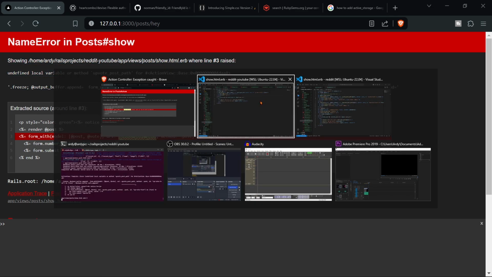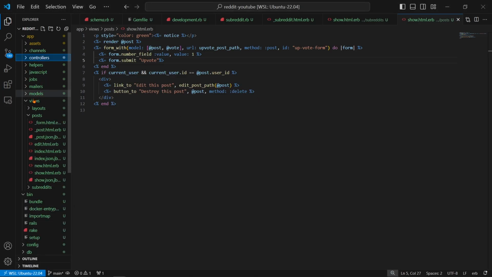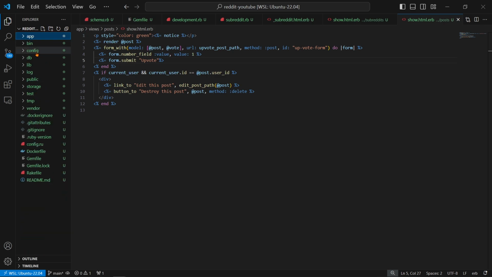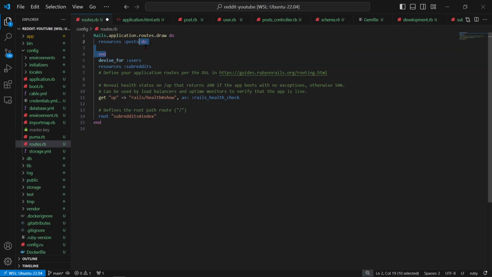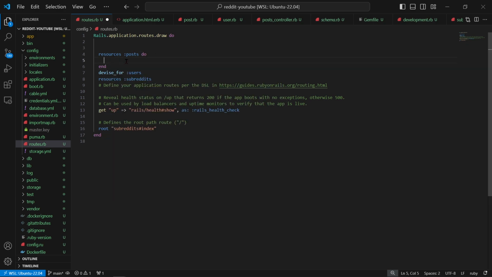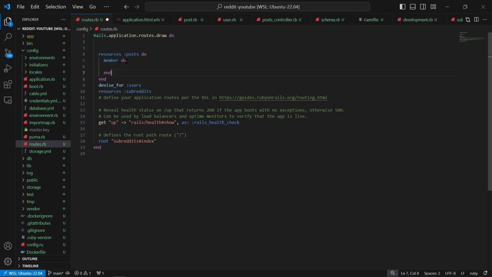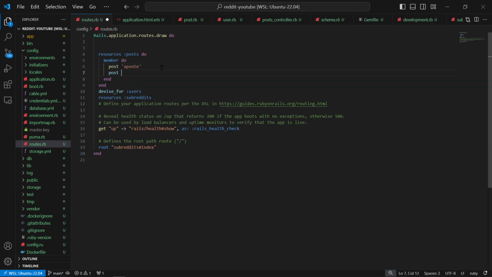So let's go back to our application and then go to the config. So go to config routes.rb. At the top here, we're going to say resources posts do, and then we're going to say member do, and then end. And so we're going to create two post routes, and they're going to be called post upvote and post downvote. And that's going to give us access to those actions in the controller,